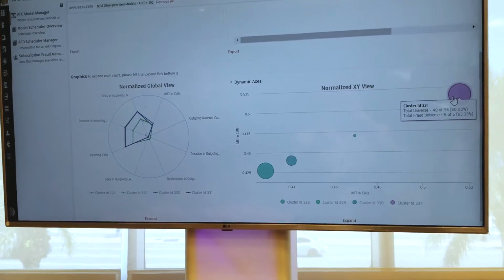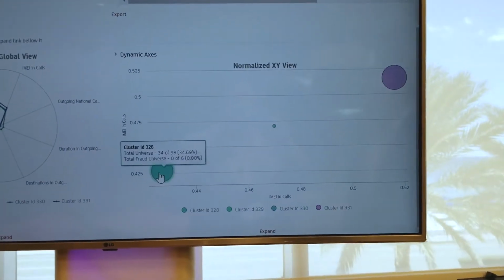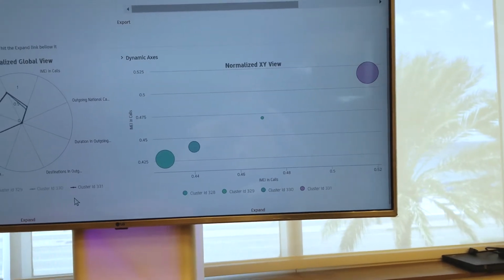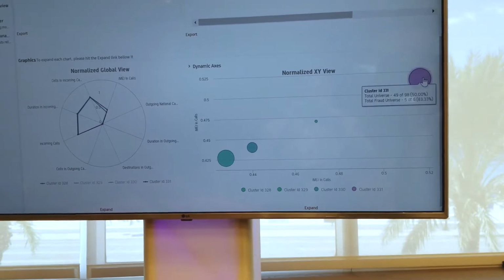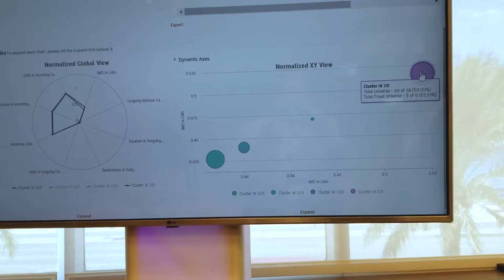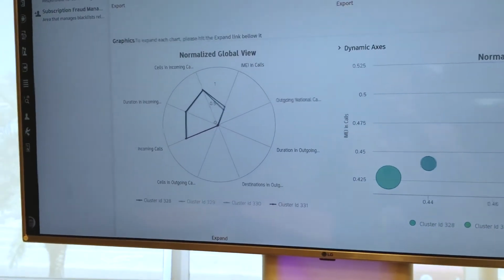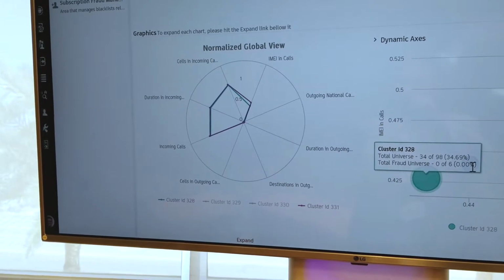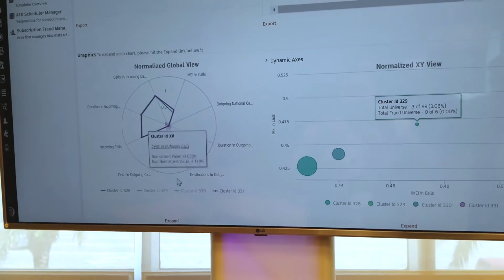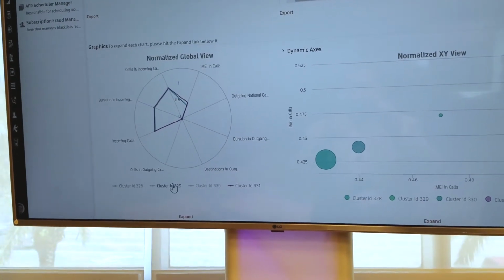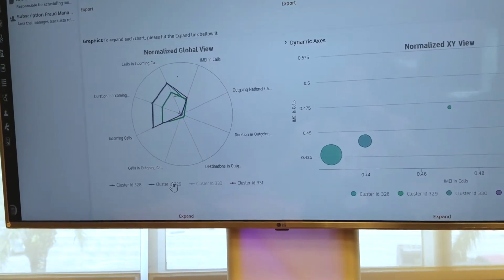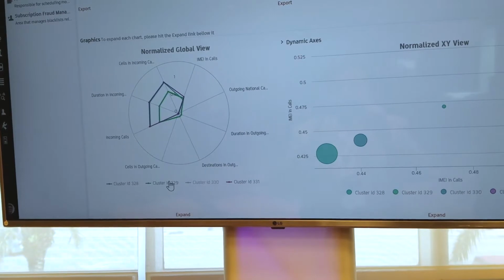So let me just compare cluster 331 with cluster 328. I'm able to just go in here and try to identify, and you can see that this cluster is behaving a little bit different in the components of the IMEIs involved in the calls, differently from this cluster that we have in here. But if you join this cluster that we have right here, for instance, this 329, and we just put it in, we're going to see that there is a totally different behavior that is being used by a group of subscribers in the network.